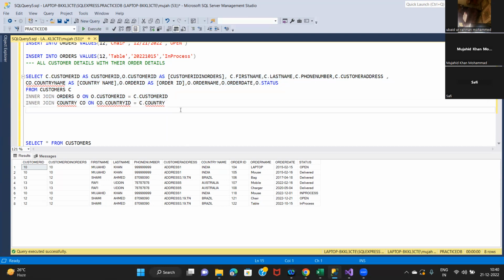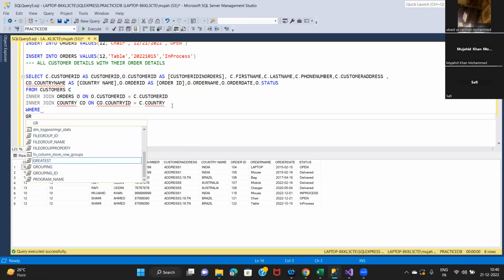Okay, so this is about joining multiple tables, and after the join operations, actually, we can write a where condition as well as whatever